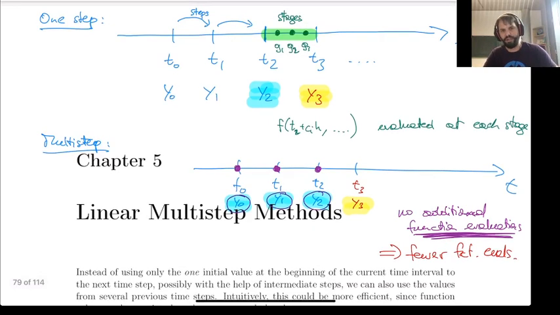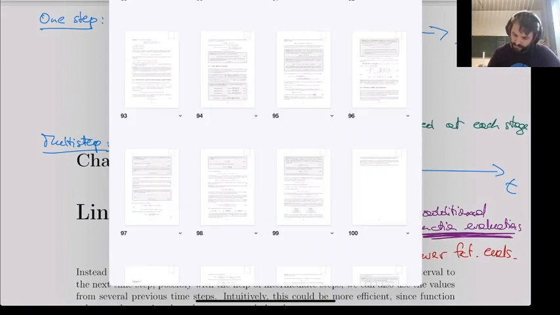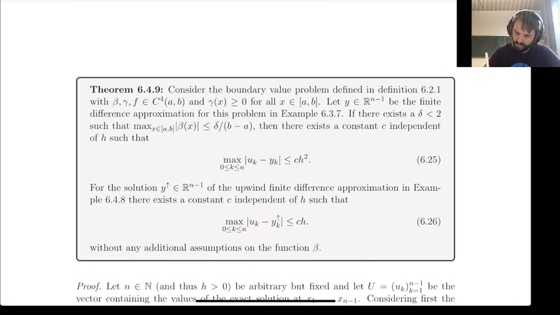However, now you might ask the question, why did I bother telling you about Runge-Kutta methods? Because these are cheaper. And the answer for that is that we will see in the next video that the stability of multi-step methods is much lower than the stability of Runge-Kutta methods. So it is not possible. So we will see in the end of this chapter. No, this is the wrong chapter. At the end of the previous chapter,